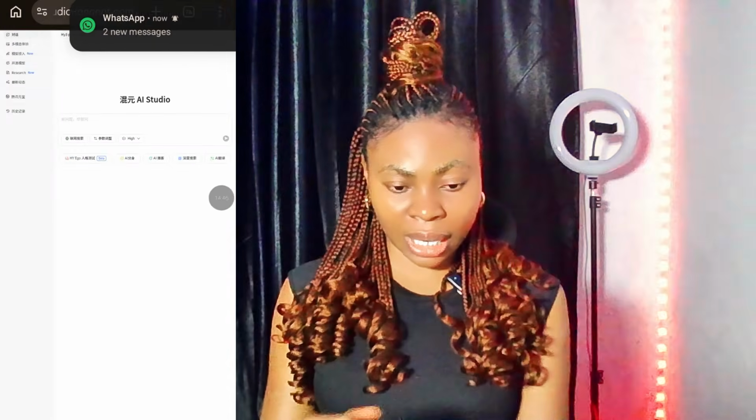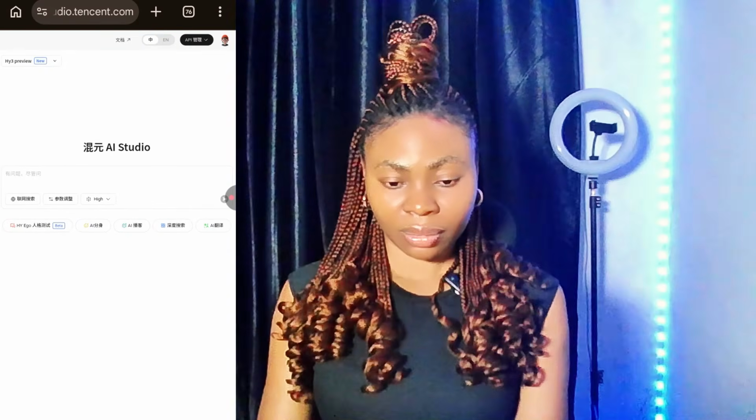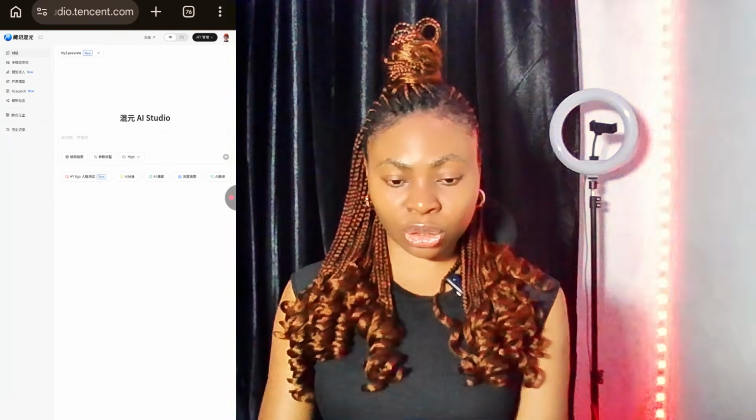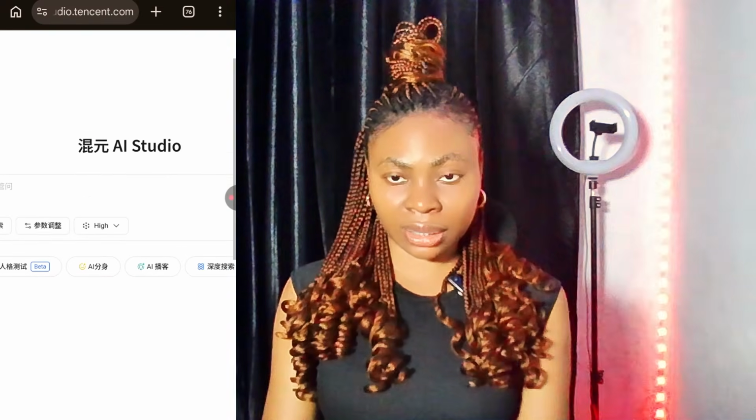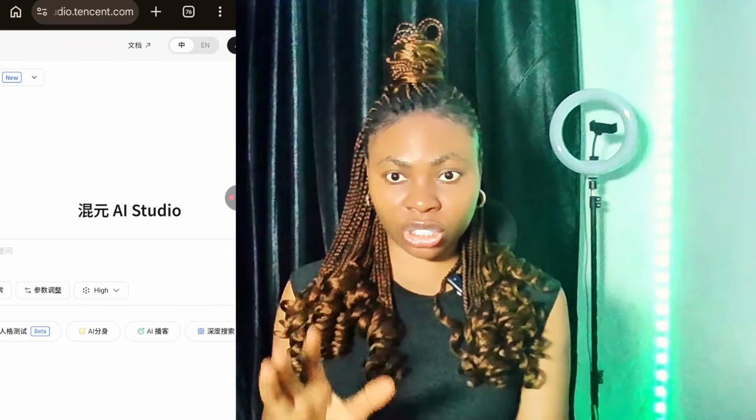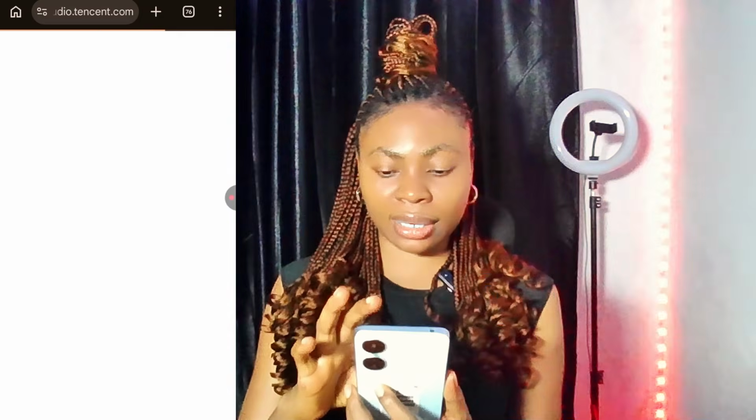If you look at it, we are logged in and the language is still in Chinese, right? Chinese language. So we need to translate it to English. So you just toggle this to English. You can see that, and everything will be changed to English language. So the moment you are done, we are going to go ahead and let me zoom in so you see